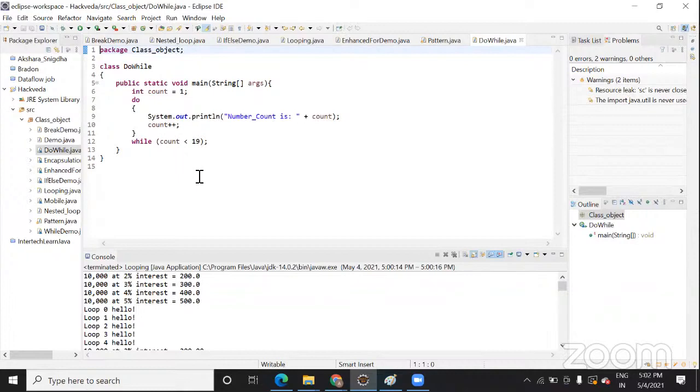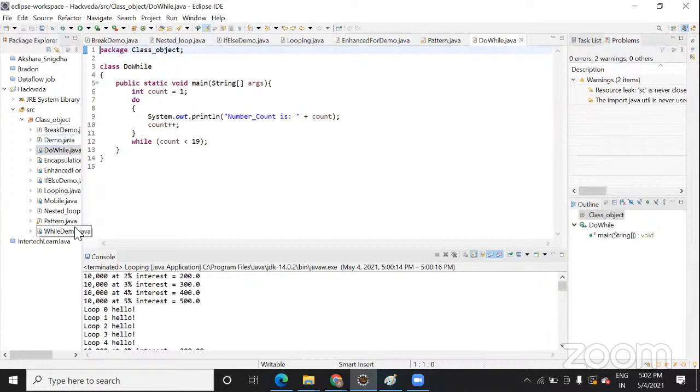In this one, the loop executes once first, and then it checks the condition. The difference between do while and for loop is that in a for loop it checks the condition first, and in do while the loop gets executed once, and then it checks the condition. Yes, correct.